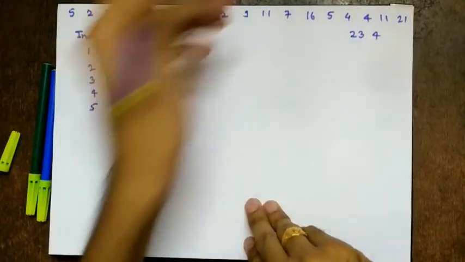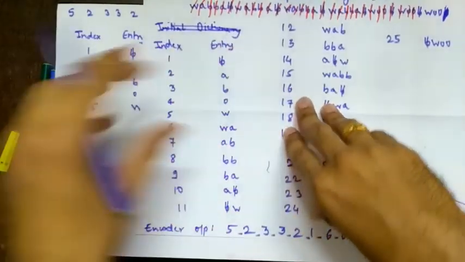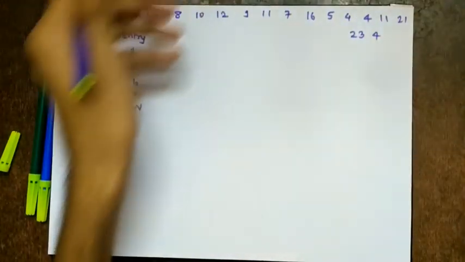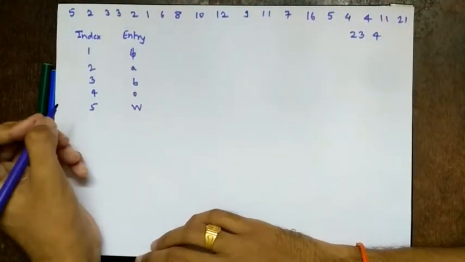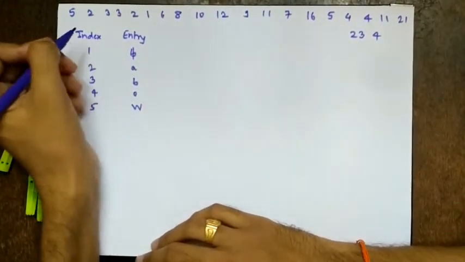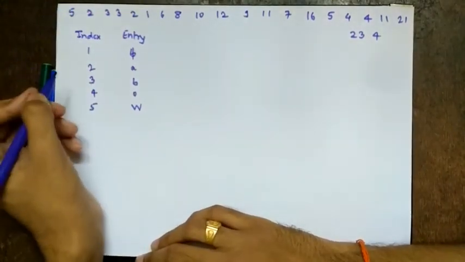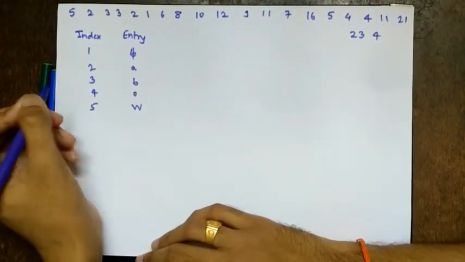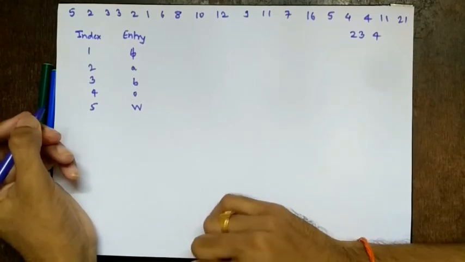That is, it becomes a decoder input sequence, and this is the initial dictionary we have to decode using LZW, right? They will not give it together, because what people will do is same dictionary they can write it, right? So they will either ask encode or they will ask decode. For decoding, they'll give the initial dictionary and the encoder output sequence, which becomes the decoder input sequence. So let's see how to do this.